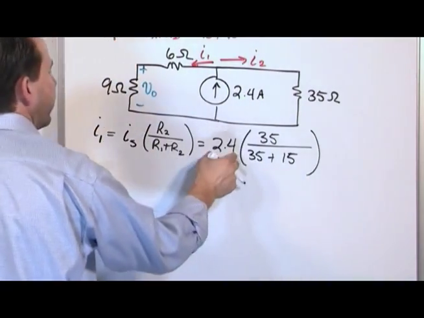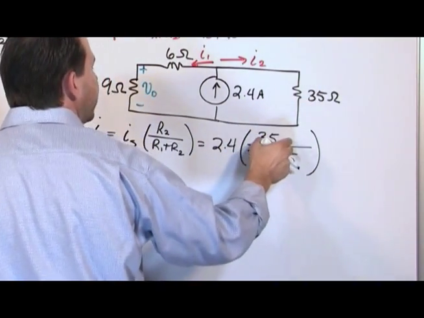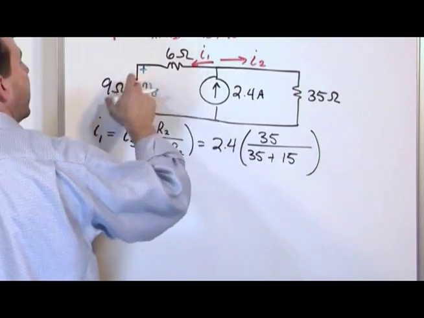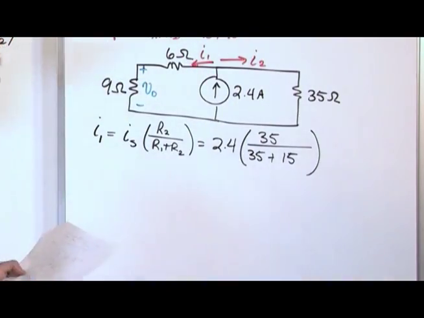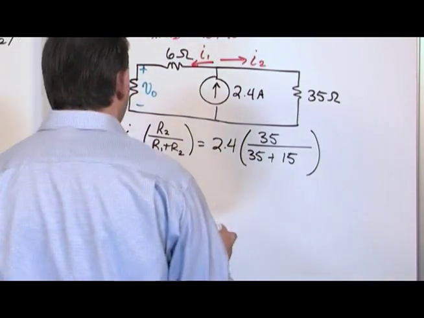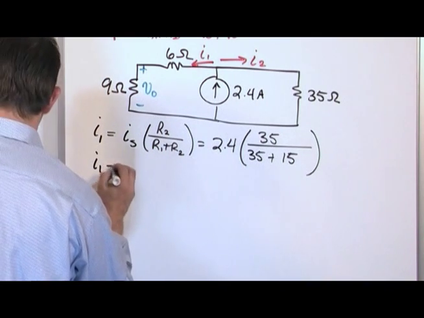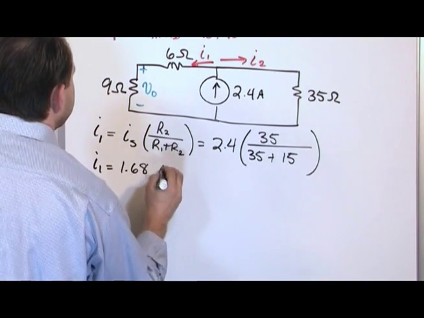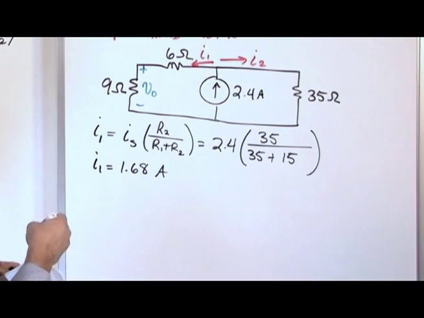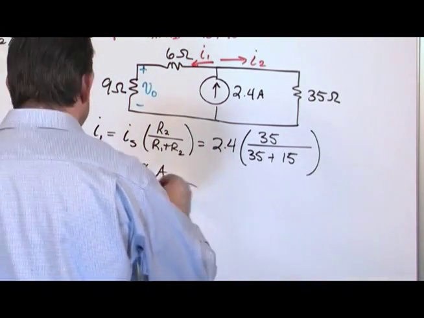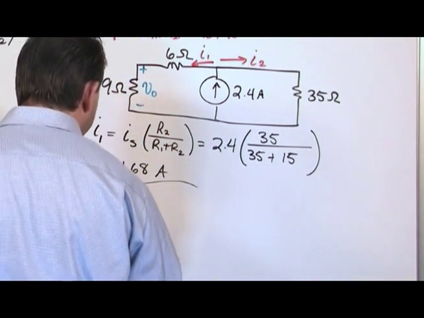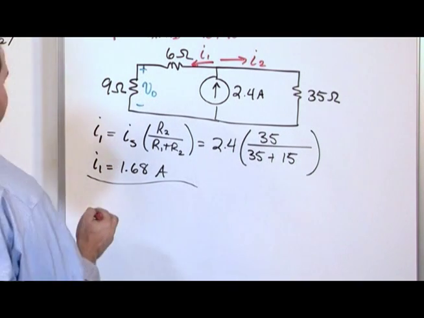So what we have is source current times the resistance in the other branch divided by the sum of the other resistances in all the branches. And what we have then is I1 is equal to 1.68 amps. That's what I1 is equal to. That's really all we need to get the answer, but just for giggles and to get some practice, let's calculate